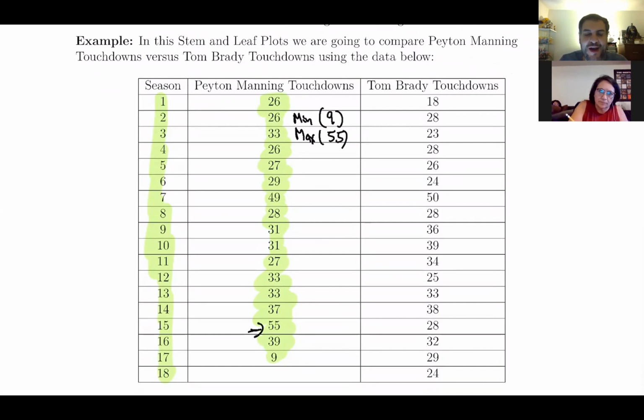Cool. All right, so if you remember, when we do the stem and leaf plot, we essentially go from the lowest to the highest. And anytime you have a 1 digit number, my recommendation is to always put a 0 in front of it. So instead of putting 9, I'm gonna put 0, 9. If you remember, we just ignore the ones digits and use the tens digits to do the stem.